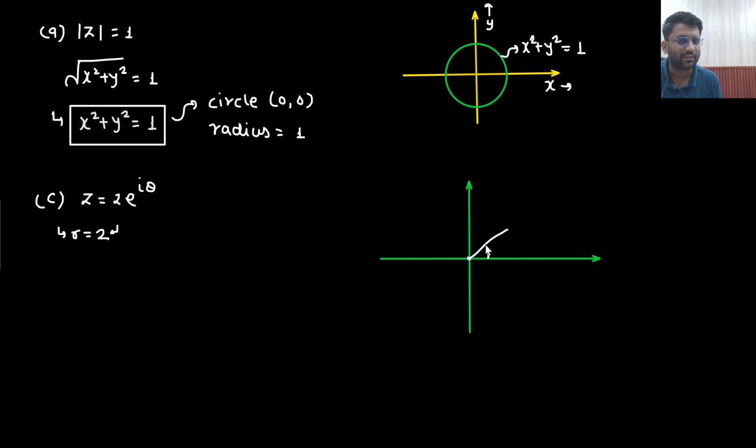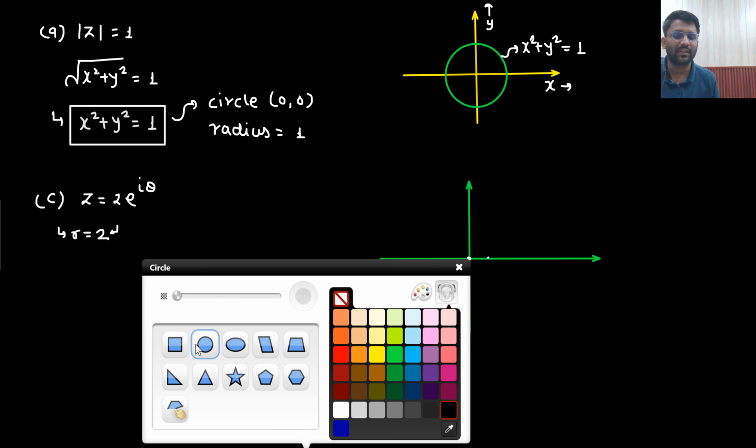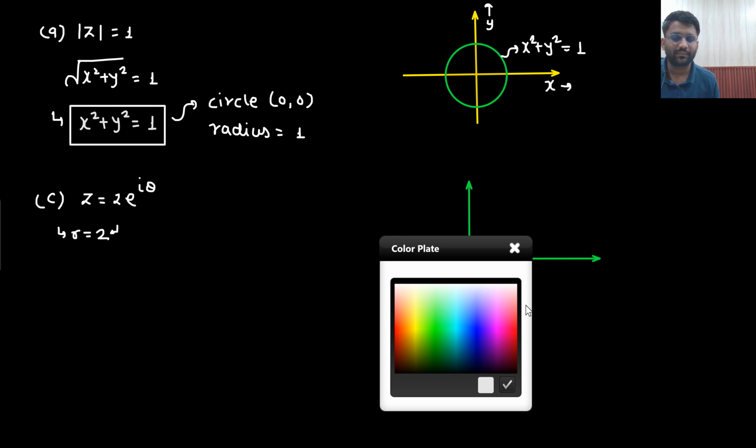anything could be taken. 0, pi by 2, pi, 3 pi by 2, and everything. But the distance from the origin has to be 2. So what will it represent? It will also represent a circle only, no? Are you able to understand this point? It will also represent a